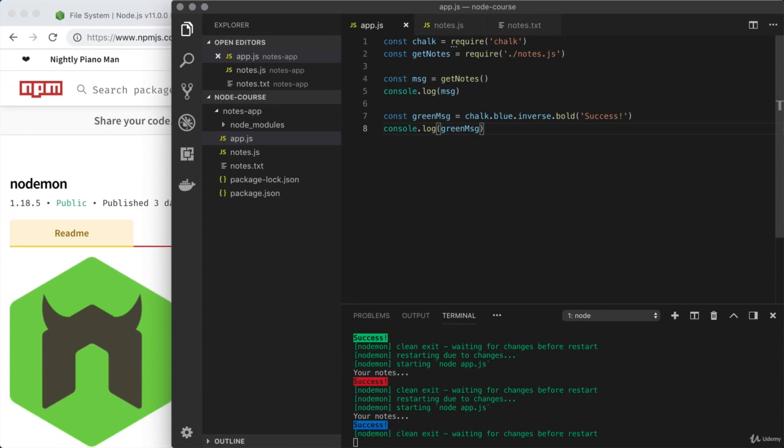Now, if you want to stop nodemon, you can do that by going to the terminal and using Control-C. That's going to terminate the nodemon process and bring us back to the command prompt where we can do something else, like install a new module, maybe run the script once with node, or maybe restart it with nodemon in the future. All right, that's where we're going to stop for this video,